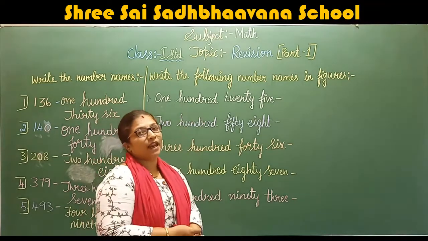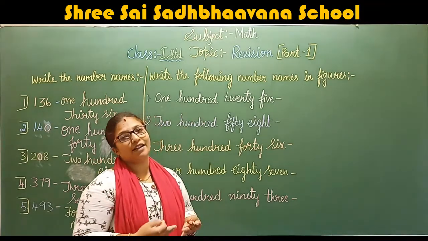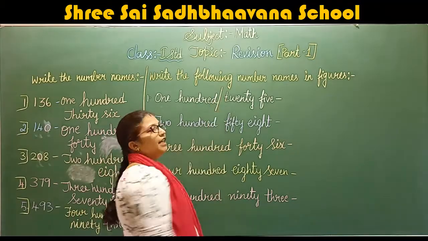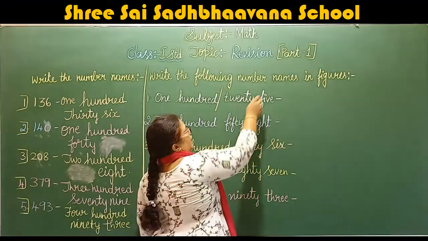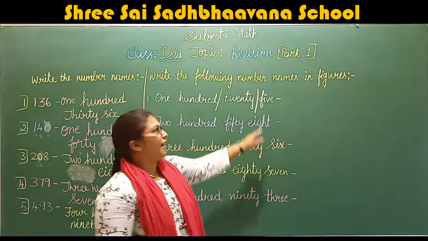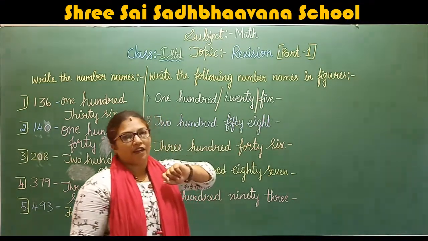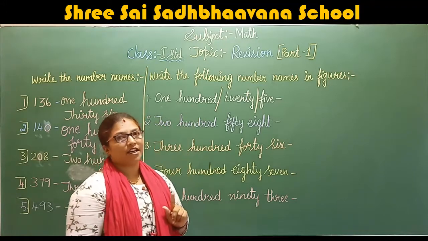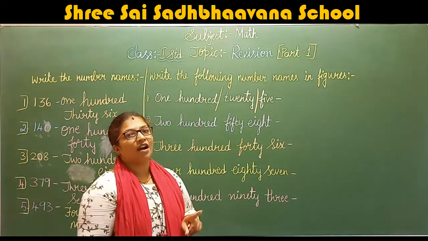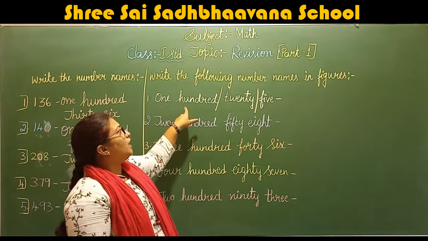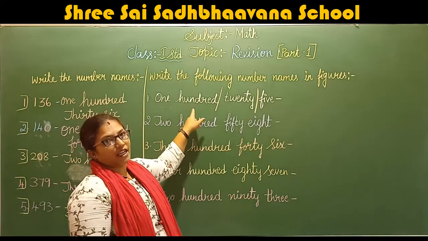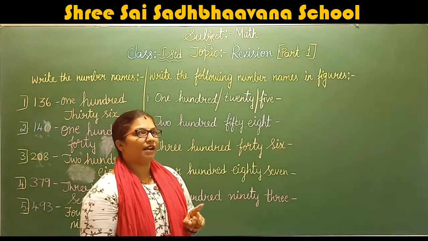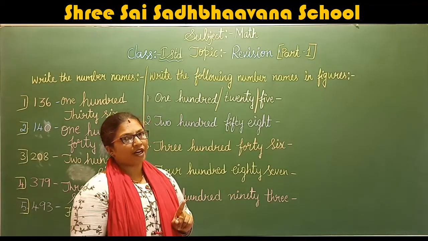So you make it as hundreds, tens and ones. Right? This is hundred, this is twenty in tens, and this is five. How many hundreds are given? One, O-N-E, 1. H-U-N-D-R-E-D, hundred. So if they give hundred, how much should you write there?